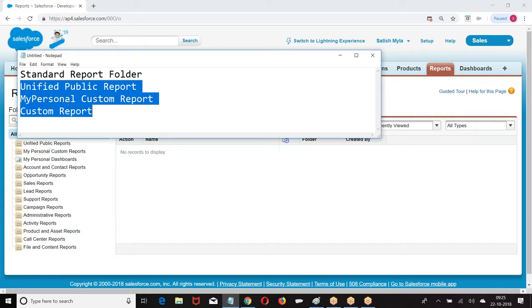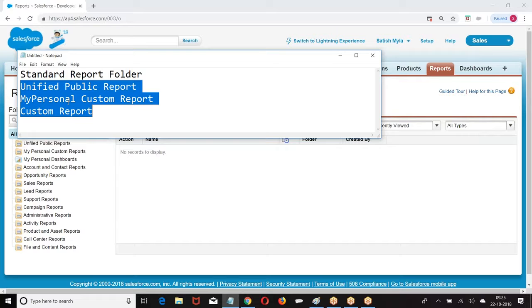Okay. Then a custom report folder. It is up to your choice with whom you want to share and how you want to share. Standard report folder means what? Only standard reports can be stored. Unified public report means we can store the custom report, but they are only shareable to those people who have view or manage reports in public folder.